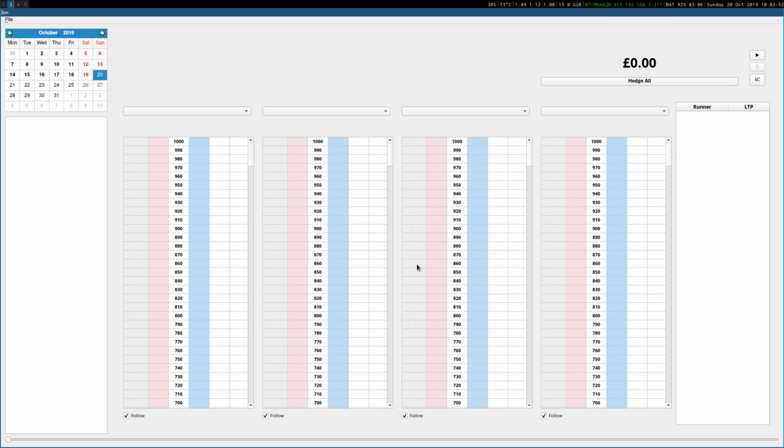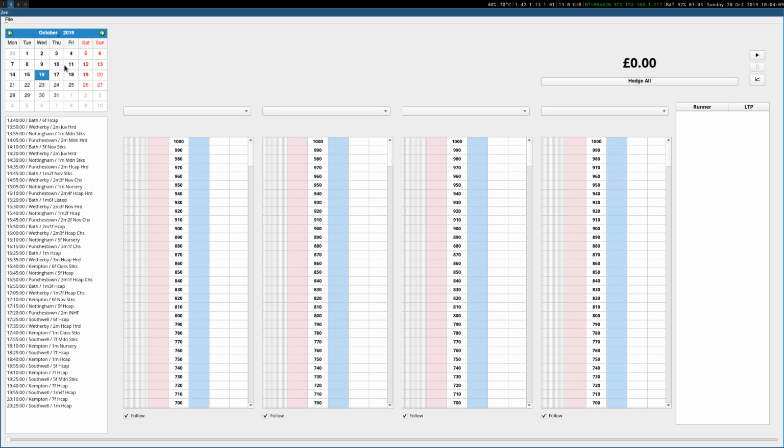So, what you can see here is a calendar widget which lets you cycle through different months and different days, also different years. And if I click on any of these days that are highlighted in bold, these are days with data. So we have a look here. I can look at any of these races and see exactly what happened during any of these. So if we have a look at the 1550 Bath, 2 mile, 1 furlong handicap,